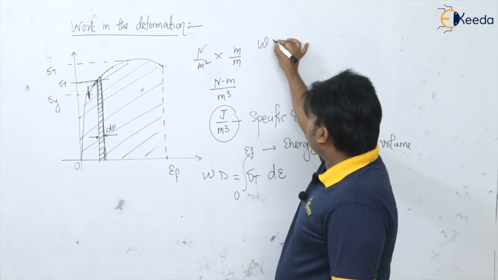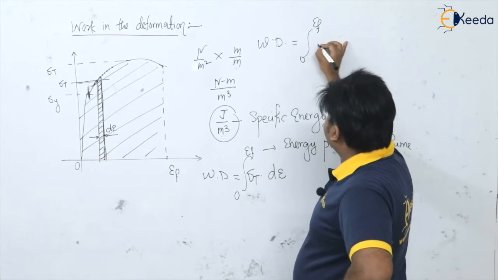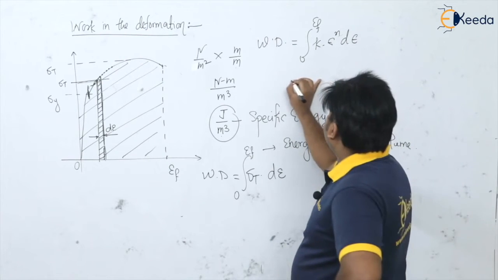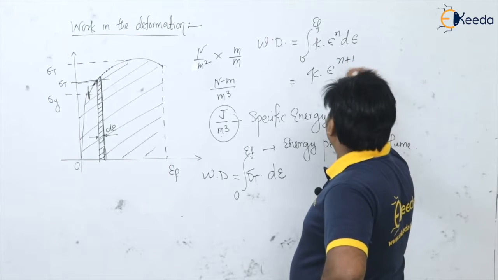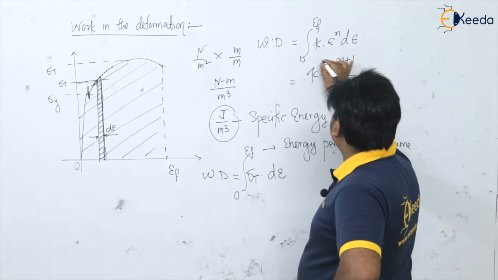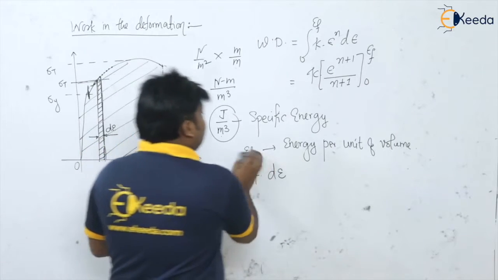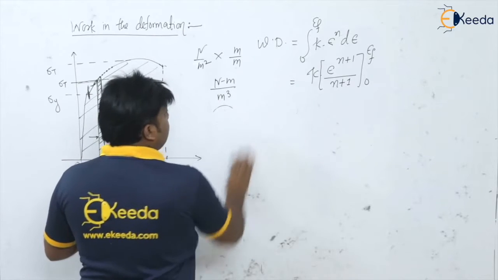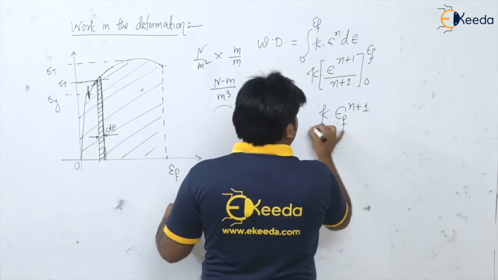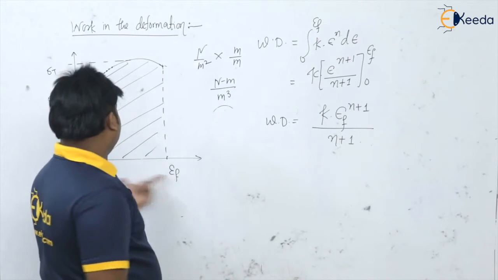So what is the work done I am getting here? Work done in the deformation is equal to the integral from 0 to epsilon f of sigma t d epsilon. What is the sigma t value? K into epsilon to the power n d epsilon. So what will I get? K into epsilon to the power n plus 1 divided by n plus 1, since the variable is epsilon to the power n and K is constant, with limits from 0 to epsilon f. See here, very important. So the work done in the deformation is K into epsilon f to the power n plus 1 divided by n plus 1. This is the actual work done when the strain induced in the work material is up